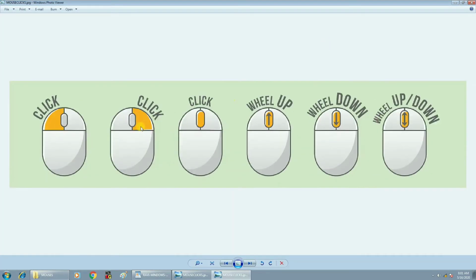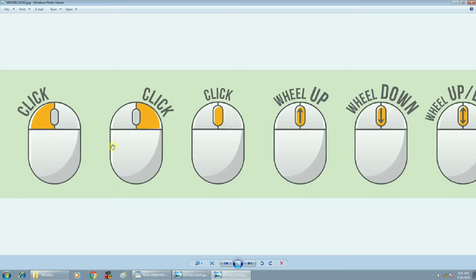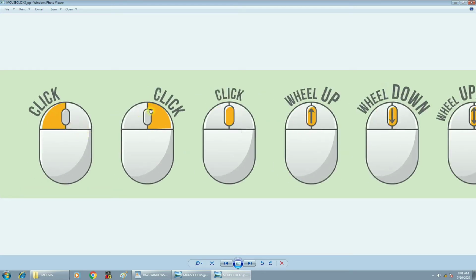To apply it practically, I am just giving the overview about how to do the clicks. See, in the first diagram you are able to see the mouse shape. On that, the region is shaded with yellow color. All these click operations you have to do one time only. Whenever I talk about double click, I will explain the use of double click. Okay, here by default you have to use single click only.